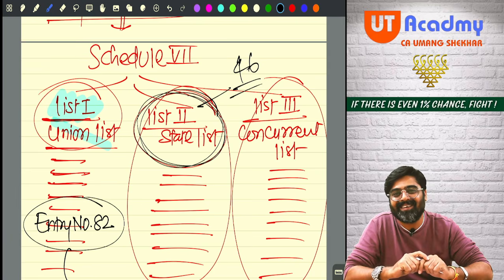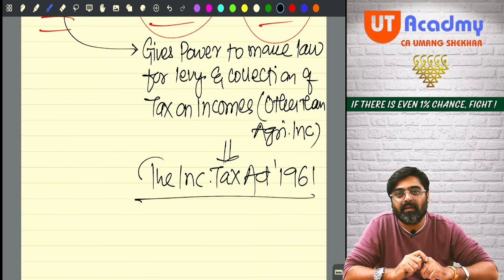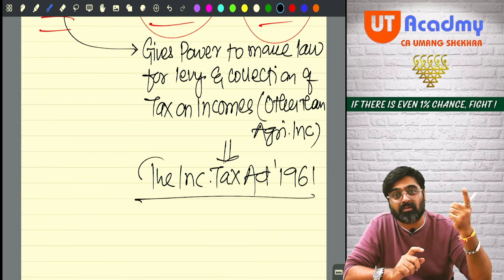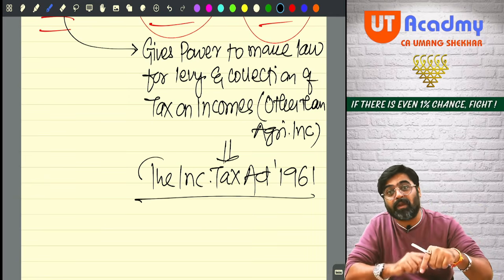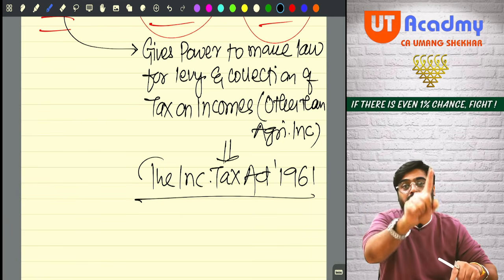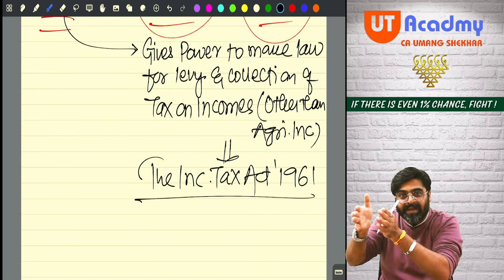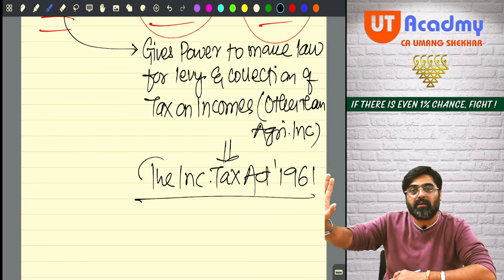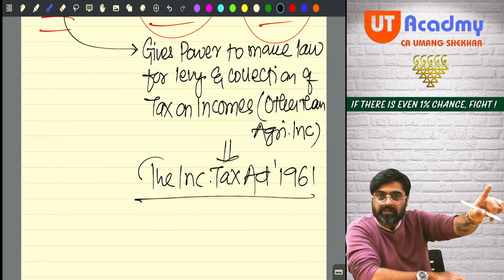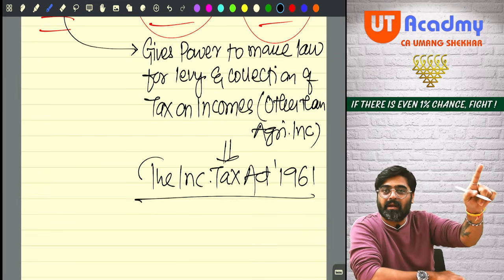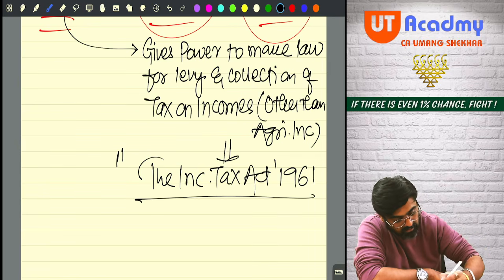And just imagine, if that is not segregated from here, then what will happen? For charge of tax on agricultural income, there will be a separate law in the state. And even as per the Income Tax Act, the central government will also charge tax on that income. So out of all the incomes, only agricultural income is a subject matter of the state. But all the other incomes are the subject matter of the center. All the incomes in India will be charged to tax as per this law.